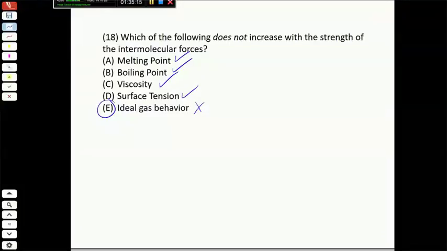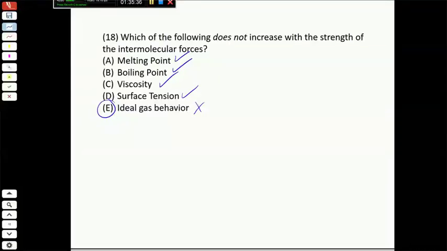So it's caused by the intermolecular forces between molecules at the surface with those that are below it, and that keeps the surface more rigid, because they don't have molecules surrounding them in all directions, so there's a net downward pull of the molecules at the surface. And then